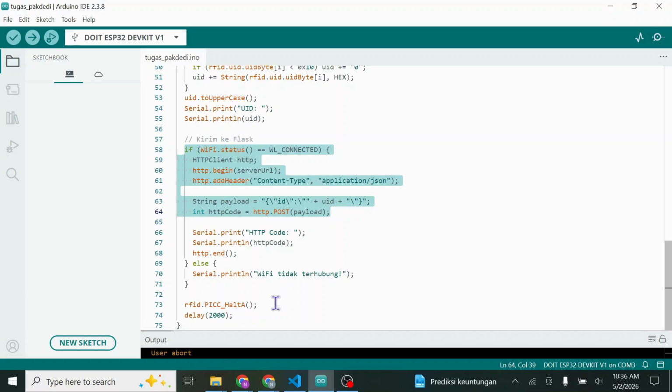Finally, it closes the HTTP connection, stops reading the current card, and waits for 2 seconds before scanning again to prevent duplicate data.